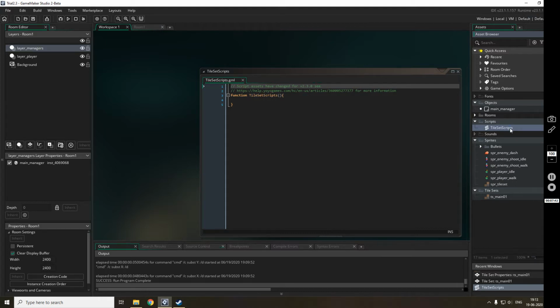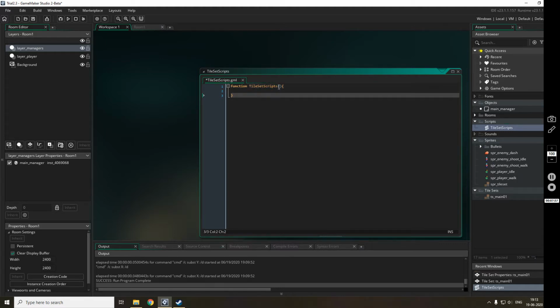It is just a file name. It has nothing to do with your script name. You don't necessarily have to call the script. What you have to call as a function is the script name, and you can change it. So I'll name it SCR tile set.